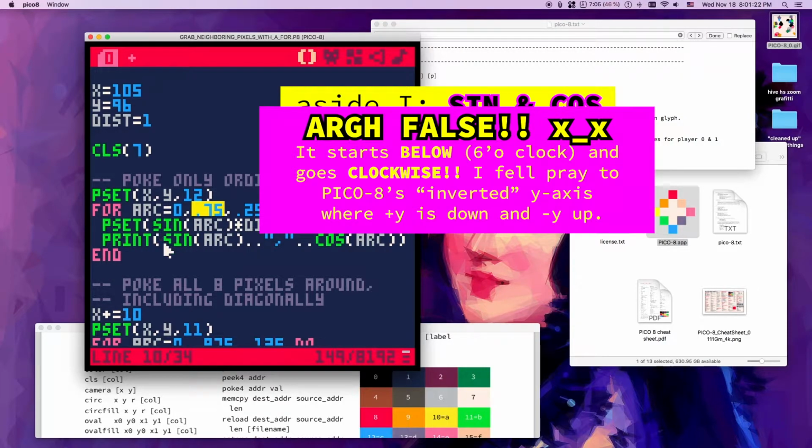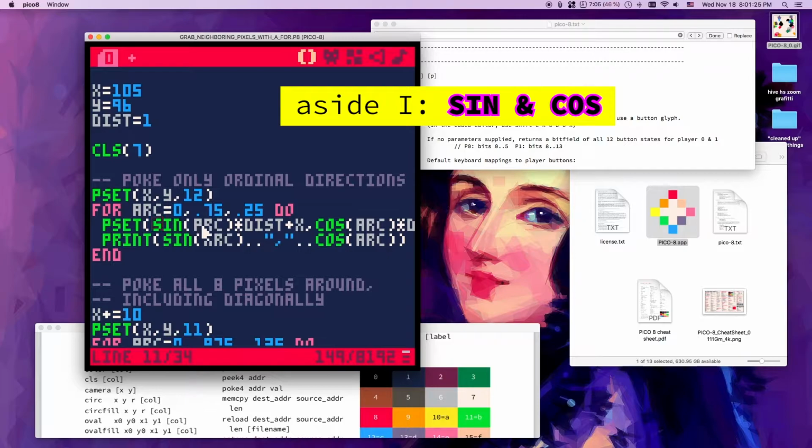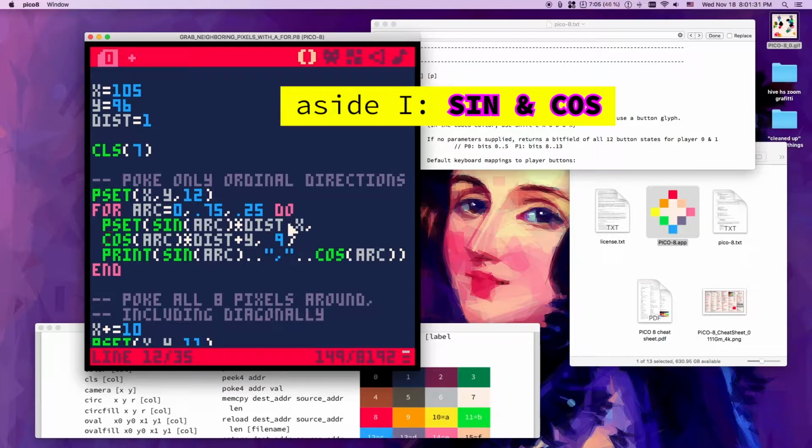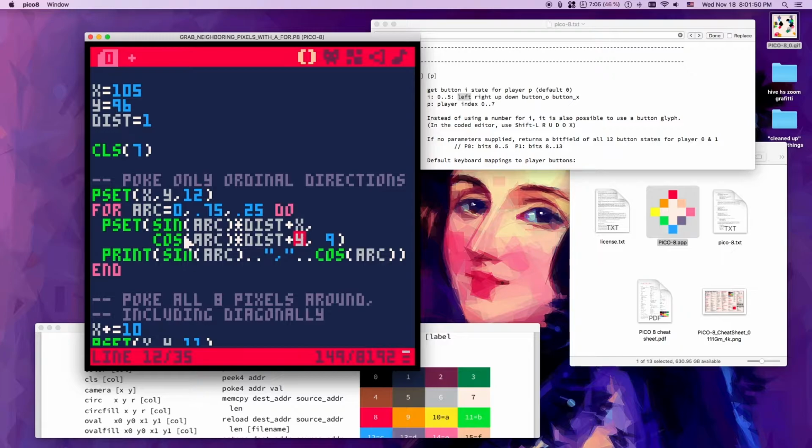So those are the things that you need to remember. So we are setting the sine of arc times distance plus x, so that this moves our point of reference a distance away from our x coordinate, and this one moves relative to this angle and this distance away from a y coordinate, our point of inquiry. And so I am setting this pixel orange, and then I'm printing the sine of arc